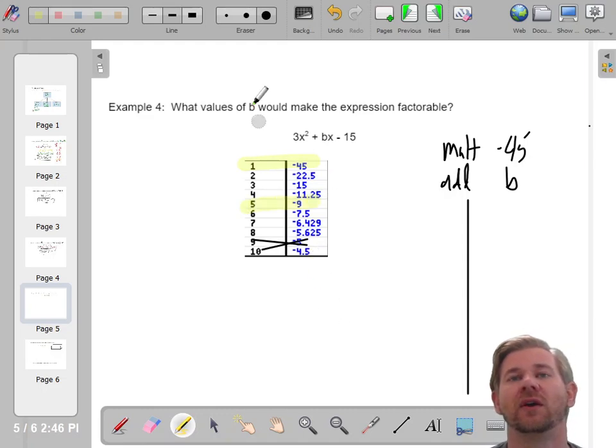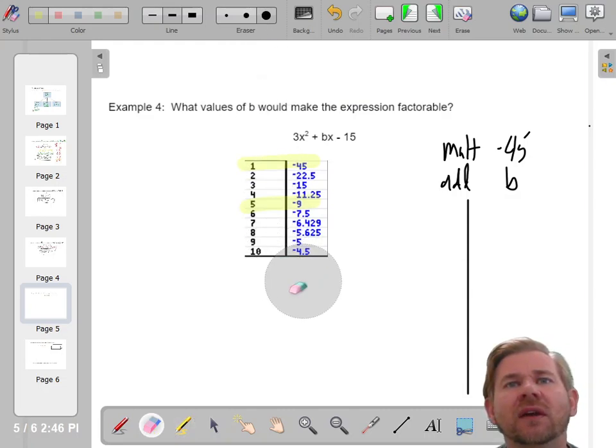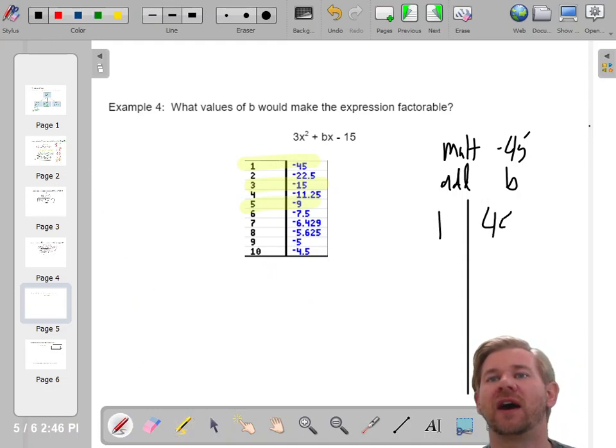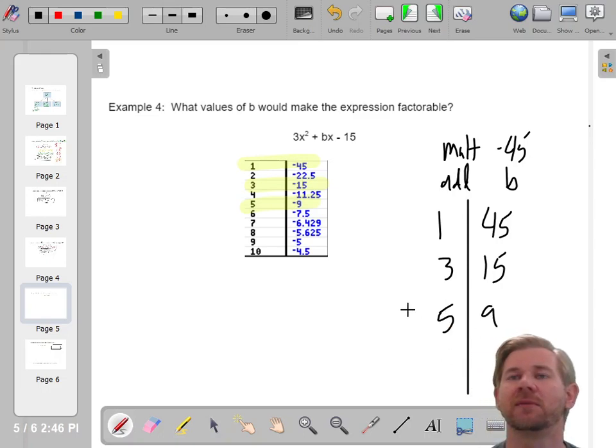It could be this, or it could be that. It's either 1 and 45, or 9 and 5, or wait, where's 15? Oh yeah, 3 and 15. So it's got to be one of those. So if I have 1 and 45, 3 and 15, and 5 and 9, the numbers that I could make